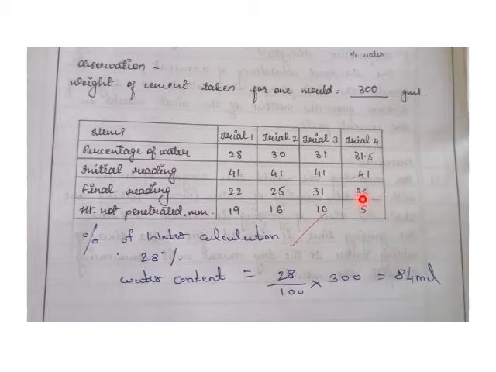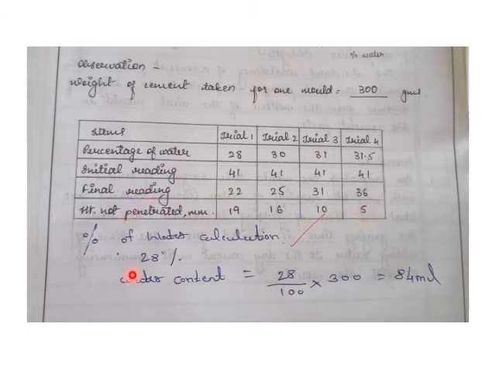See, the initial reading means, before inserting the cement paste, just drop that needle on the non-porous plate. Whatever reading you get has been recorded here. That is taken as the initial reading. It is usually 0, but sometimes it won't be 0 because of calibration error. If it is not 0, then you should write down this initial reading. So the height not penetrated value is recorded as 5 mm.